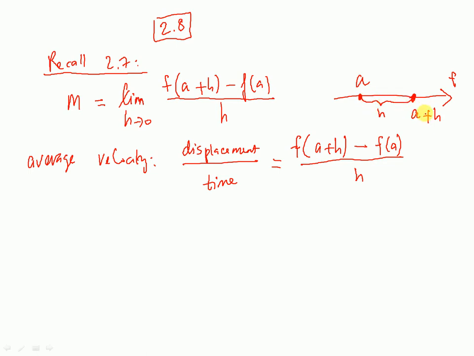And when a + h is getting very close to a, eventually we are just finding the velocity at point a. So if we include the limit to this displacement over the time when h goes to 0, then we are finding the instantaneous velocity at